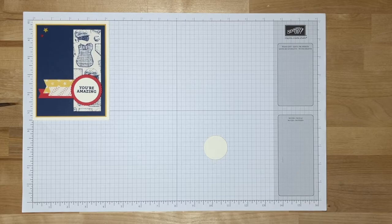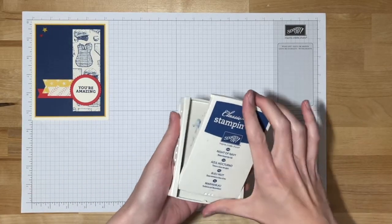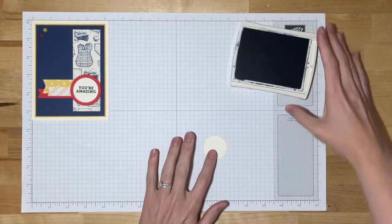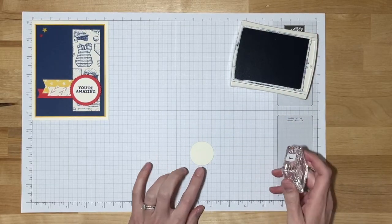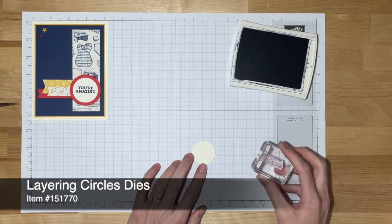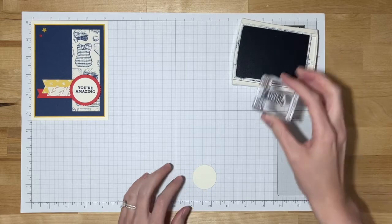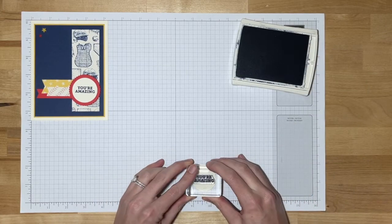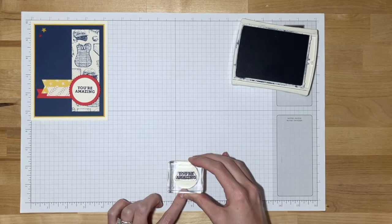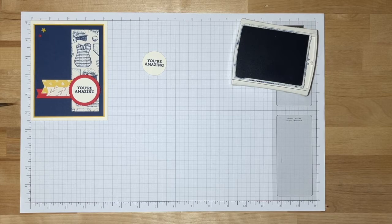I always recommend stamping first, so we're going to bring in our Night of Navy ink pad. And to start, I will take this Very Vanilla circle that I cut using the Layering Circles dies, and I'm just going to ink up the You're Amazing stamp and stamp that right in the middle. With these photopolymer stamps, it's pretty great because I can have accurate stamp placement just by seeing right through the